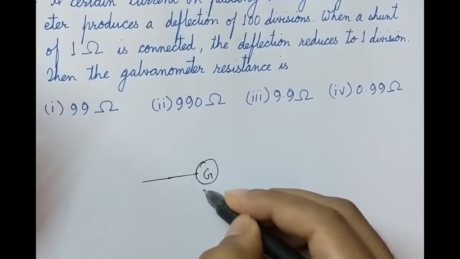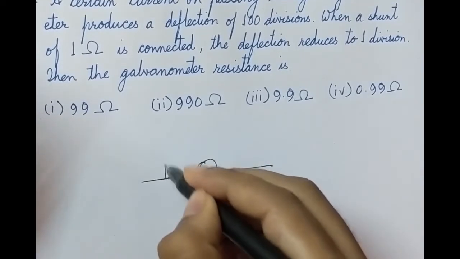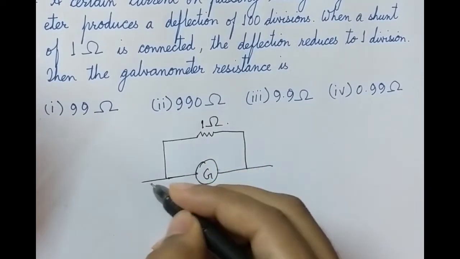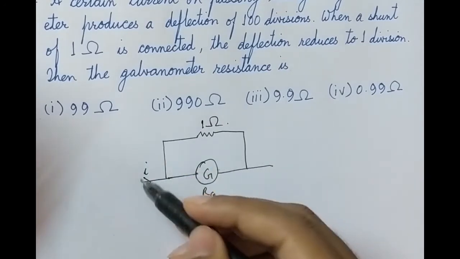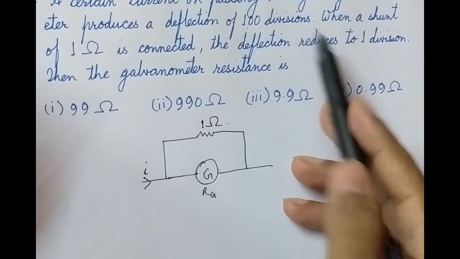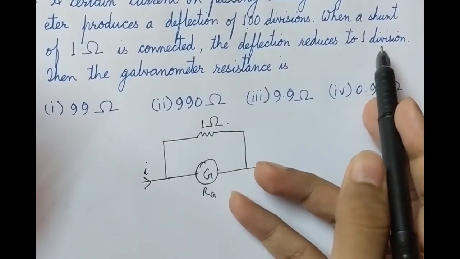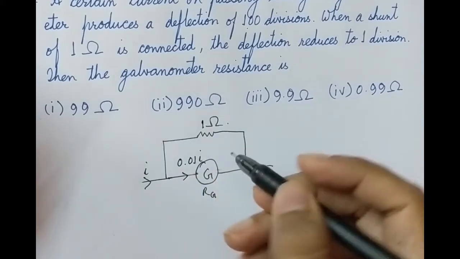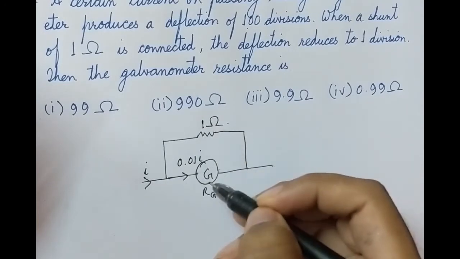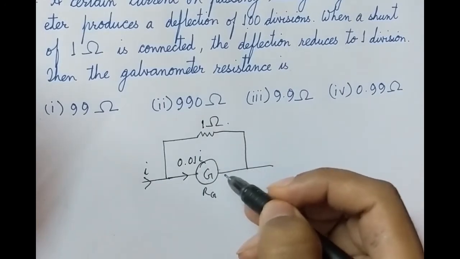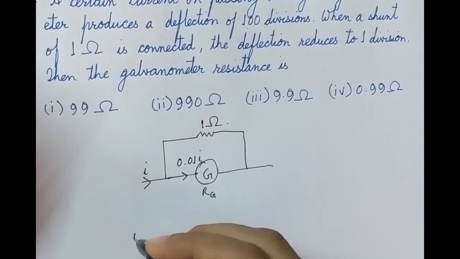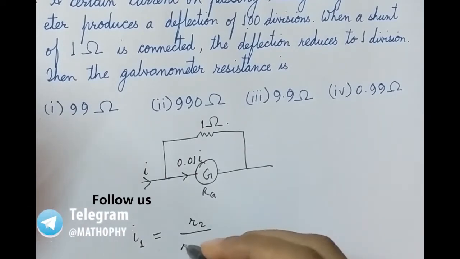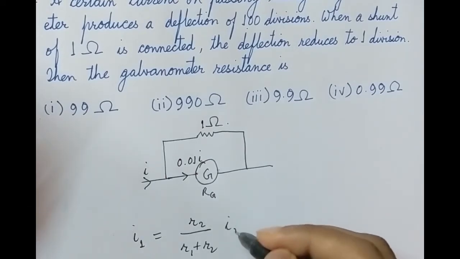So say this is the galvanometer with a resistance of Rg, and you put the shunt of resistance 1 ohm coming in. Now the current coming in, suppose, is I. Now originally the I current produced 100 divisions in it. So now if it is producing only one division, the current that comes in is equal to 0.01 into I. Now we know that in a parallel circuit, whenever you are branching off a current, then the current through any single branch is given by this formula: current in branch 1 is equal to the resistance in branch 2 divided by the sum of the resistances, into the main current.